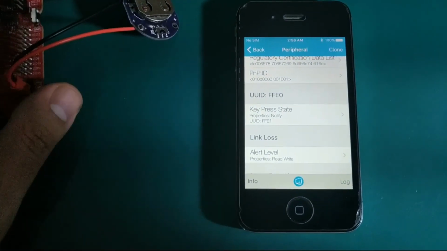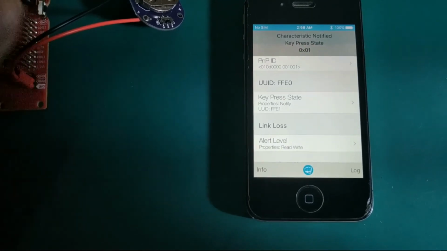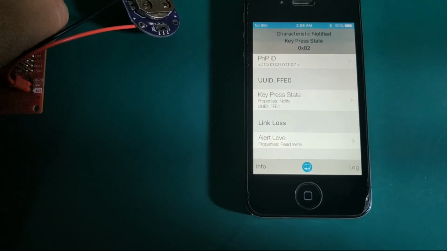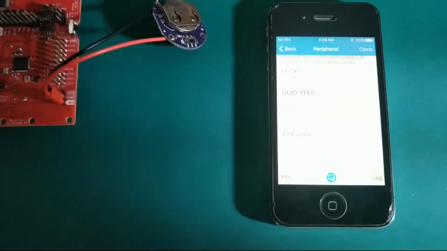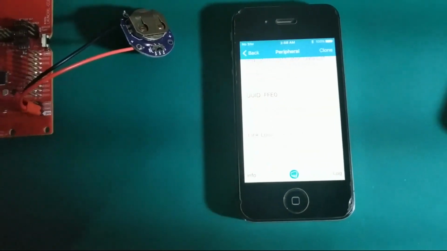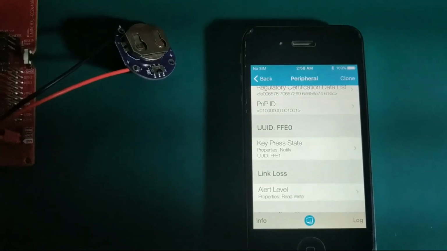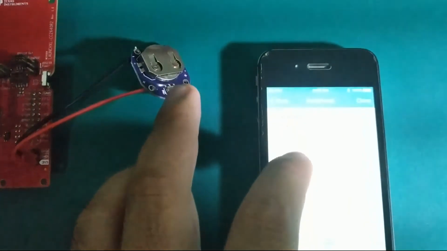Okay, so I press the left button and then the right button. This key press detection you can use to locate your smartphone. Then for link loss, we can set